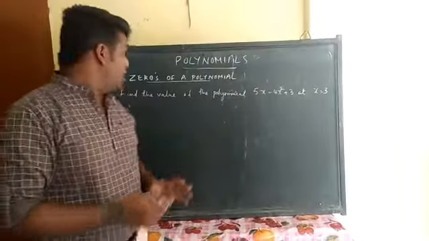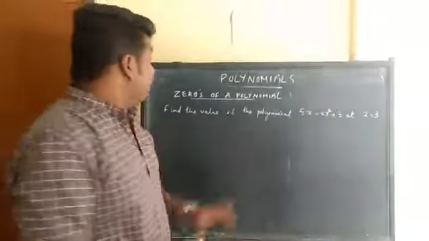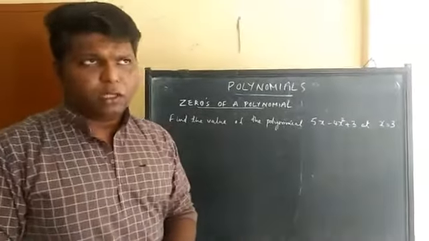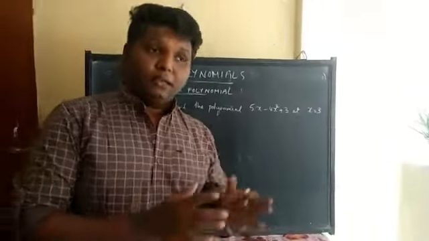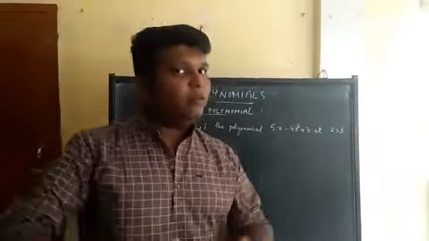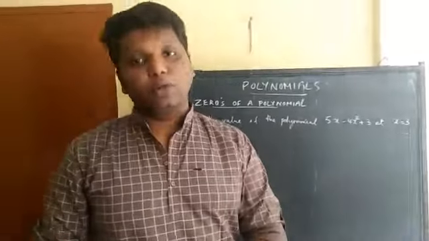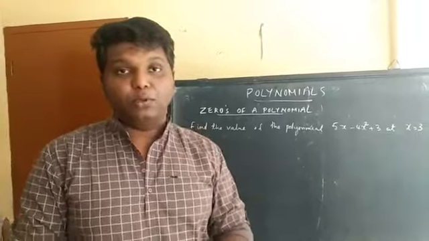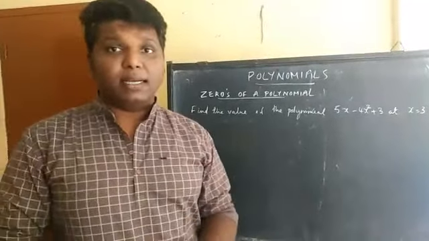Today let's explore the new topic: how to find the value of a polynomial and also what is the meaning of zeros of a polynomial. Normally whenever we are doing mathematics, there are some problems and there are some solutions also, right? For every problem there will be a solution, and that's the method we have to follow while doing mathematics. Regarding the polynomial, I'm going to teach you a new term. Just understand the meaning of the term zeros of a polynomial.